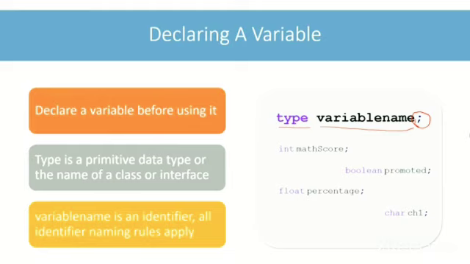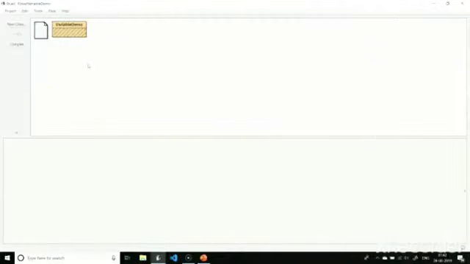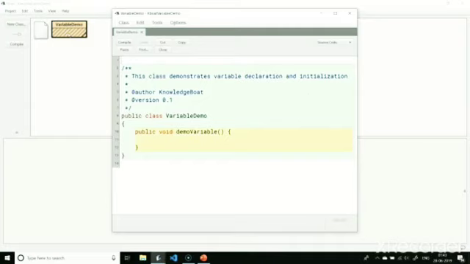I will switch to BlueJ to try out a few examples of variable declaration. I will open the VariableDemo class. Inside this, I have already created an empty method, demoVariable. Let me declare a couple of variables here.